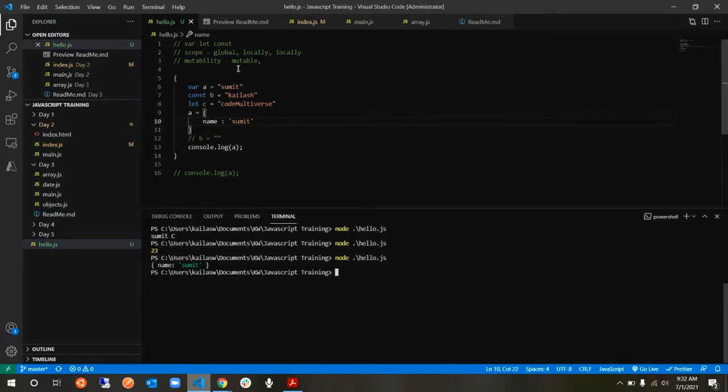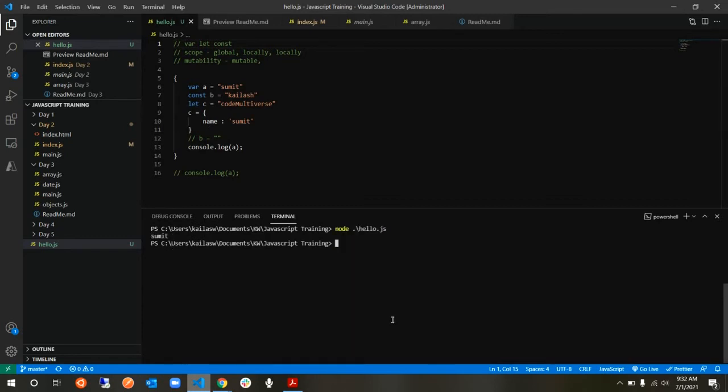You can change it to anything. Got it? So now let's see if we can do the same thing for C, which is let. Okay, so we are going in this order now: var, let, and const. Let's see if we can do it for C also. Let me go ahead and run the program again, and you can see